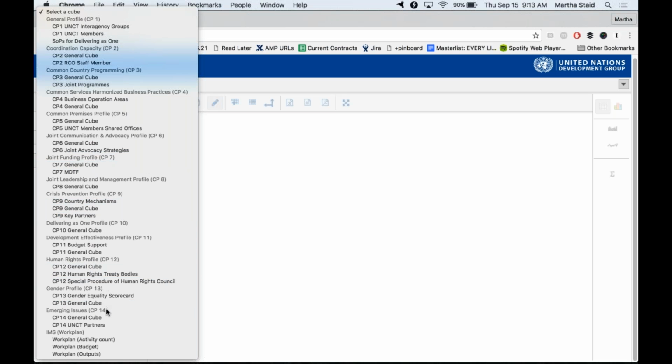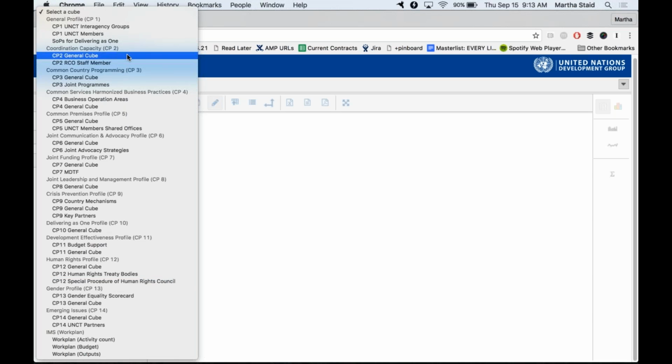I also want to note that the first 14 sections here are all about information collected in the coordination profile. However, if you are interested in information from the work plan, that is at the bottom here, and you have a number of different subsets of data: the activity count, budget, and outputs.